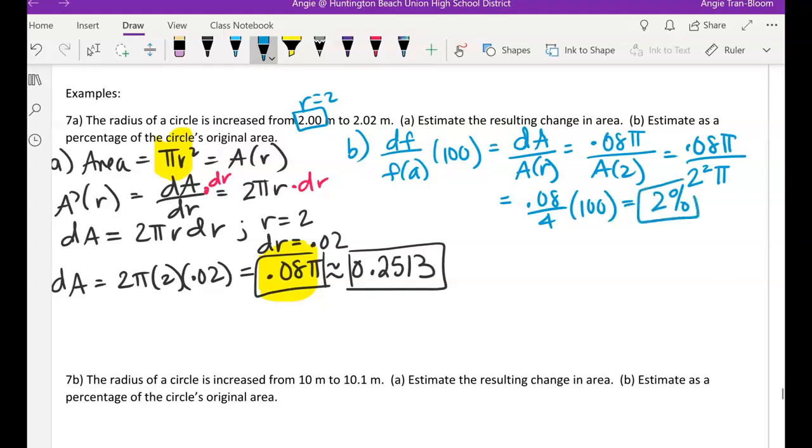Okay, I get the number for both parts A and B, so let's go ahead and write a complete sentence. Okay, ready? Part A said estimate the resulting change in area. So the estimated change in area is about, you can write it as 0.08 pi or 0.2513, and then we can add the percentage in. The estimated